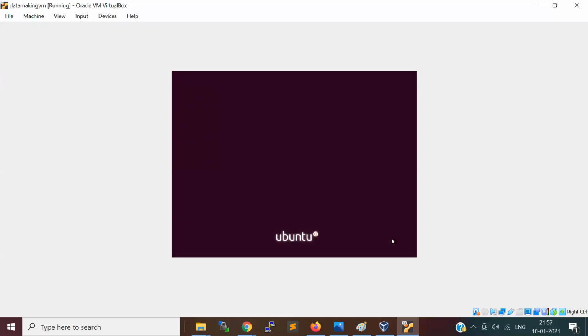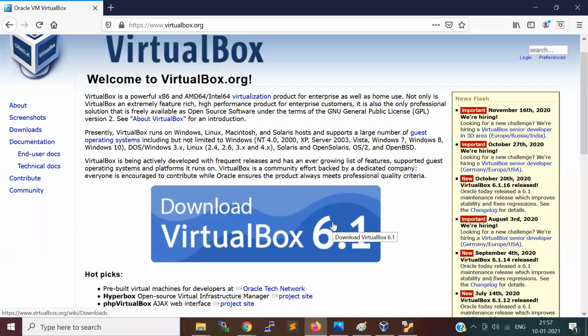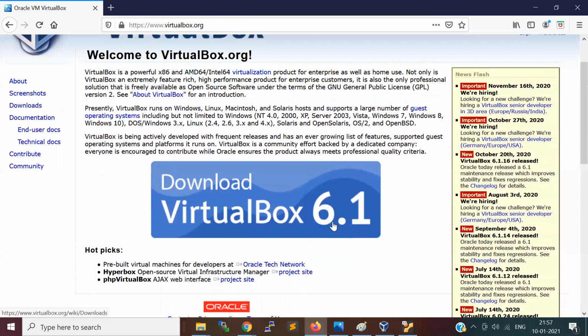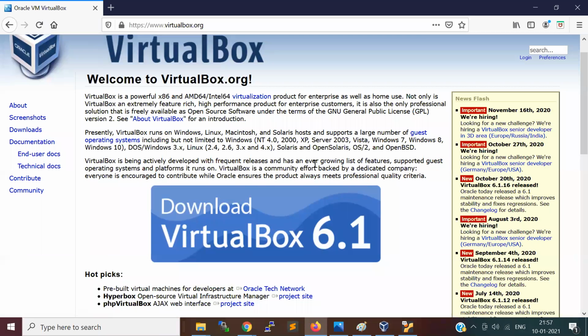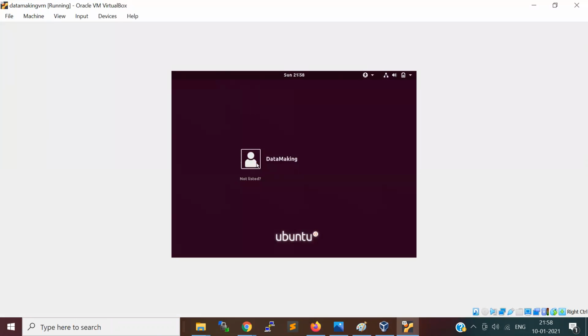For Mac also it's the same. You just install the Mac version. I saw that VirtualBox is available for Mac also. You can install it, and once this comes, import it. Maybe I've not done importing on a Mac machine, but I've given it to many people who were able to import it. If you face any issue, let me know. We'll configure it, no issues.